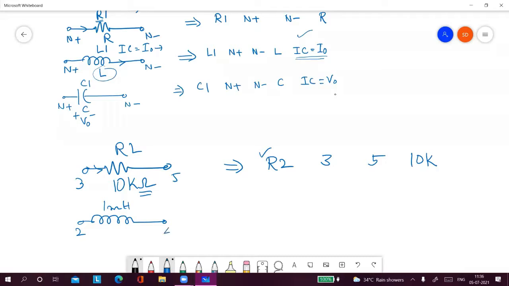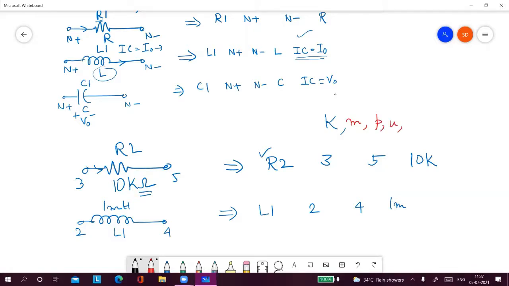Say you have an inductor of 1 millihenry connected between node 2 and 4, and its name is L1. In that case, the SPICE statement for the inductor is L1 2 4 1m. Here 1m is for milli. We use k for kilo, and small m or capital M also, that doesn't matter. So here m denotes milli, k denotes kilo, p denotes pico, and u denotes micro.